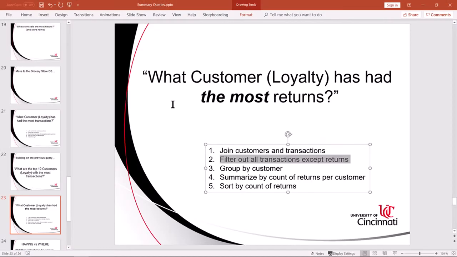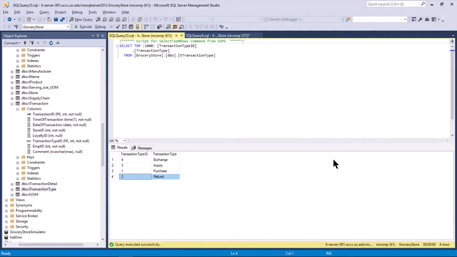Being a little bit imaginative, is a return transaction the same as a refund transaction? It sounds like they're the same. The customer brought something back and got a refund for it. I would say yes. And if you're not sure, I encourage you to ask someone who has knowledge of the